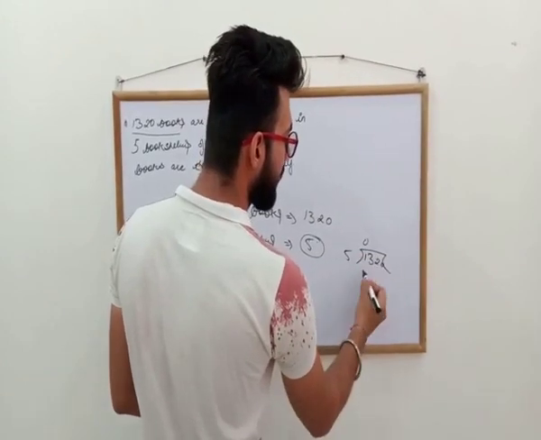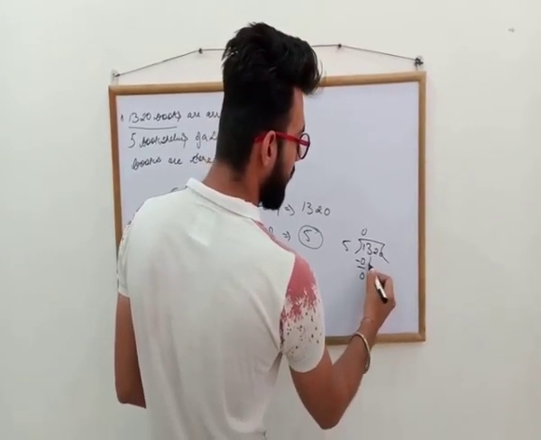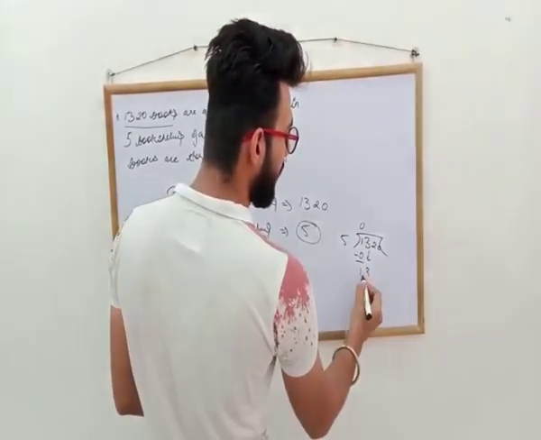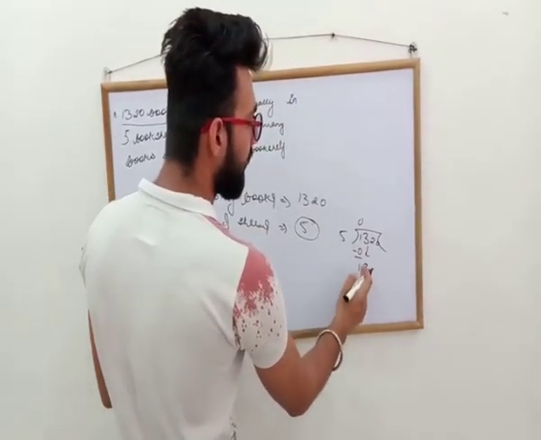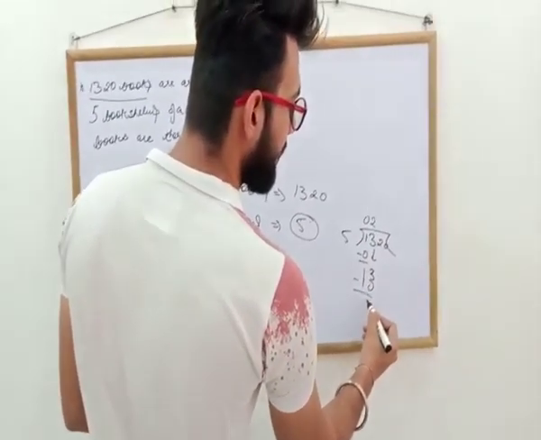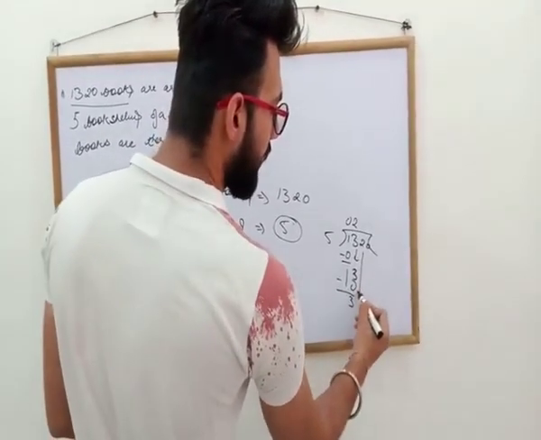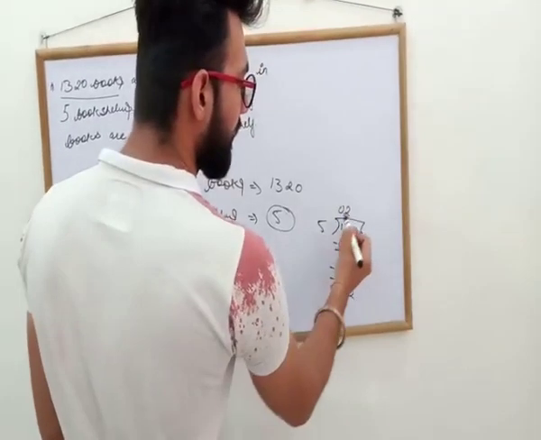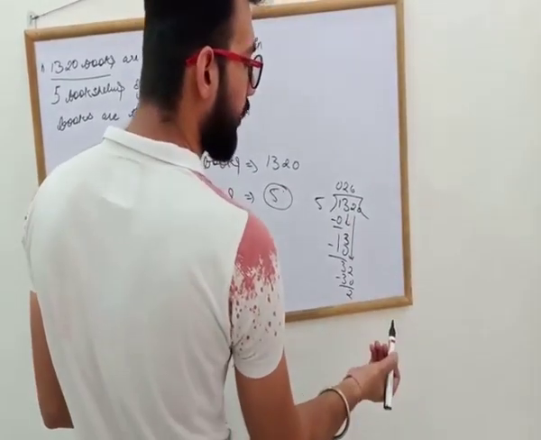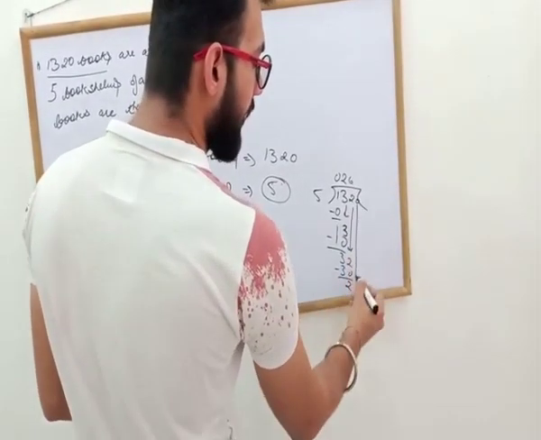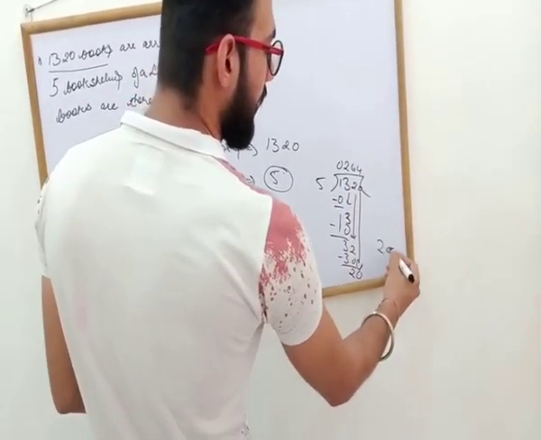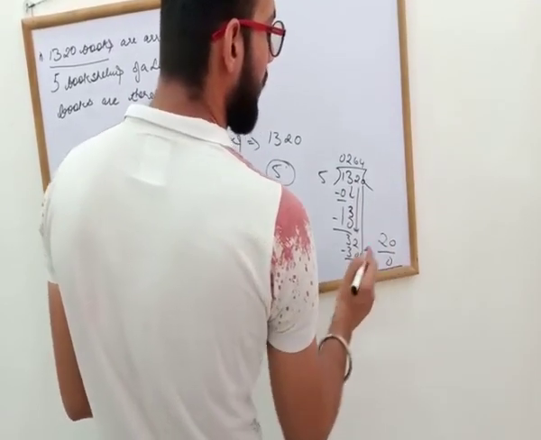So we write 0 over 5, 0 is 0. 3 came down. Sorry, 1 minus 0 is 1. Okay, so we got 3 over here. 5 twos are 10. Okay. 13 minus 10 is 3. Now we got 2 over here. Okay. 5 sixes are 30. Again we got 2 over here. And now it's written 0. Okay, so we put 0 over here. 5 fours are 20. Okay. So 20 minus 20 is, we got 0 at the end.